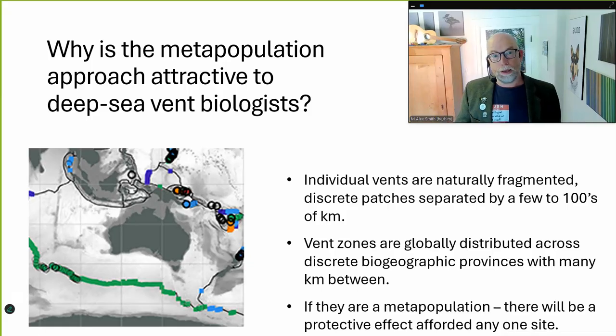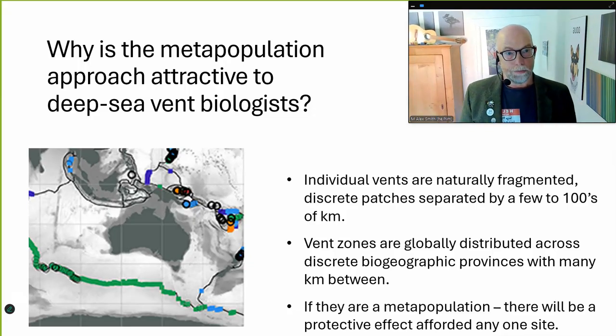But for people working at patchy places like hydrothermal vents, this is potentially really attractive because individual vents are fragmented and they're discrete patches that can be separated by tens or hundreds of kilometers. And the vent zones are then distributed, as you saw in that previous map, into biogeographic regions around the world. So if they are a metapopulation, where sometimes a taxon can be missing from a place and then dispersal will allow the recolonization, that's